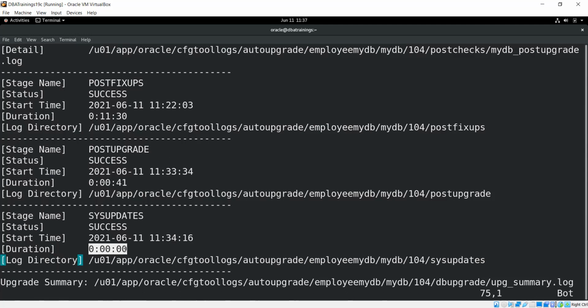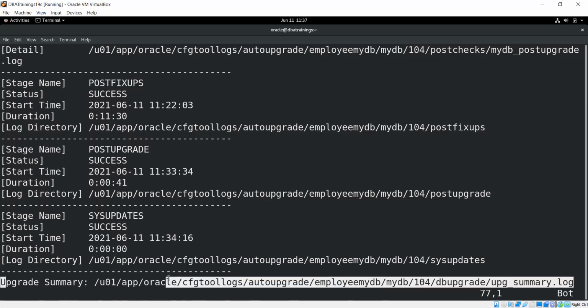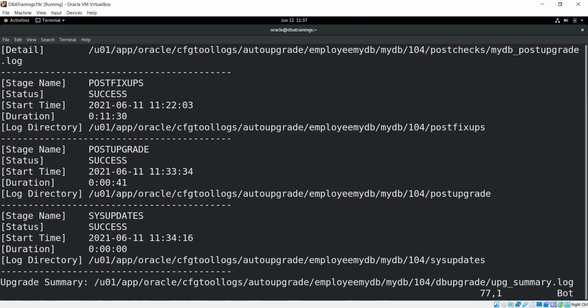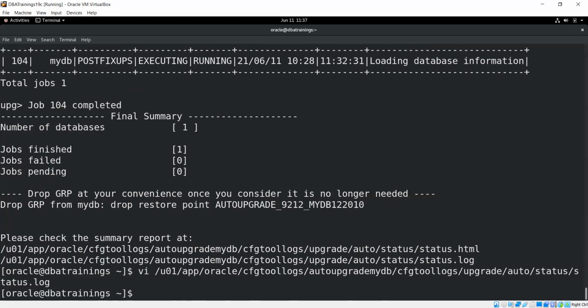They have not taken time here. Immediately they did it. So that's about the overall. And this summary is kept onto this location, upgrade summary. I hope you all have understood the concept, how the upgrade is happening.